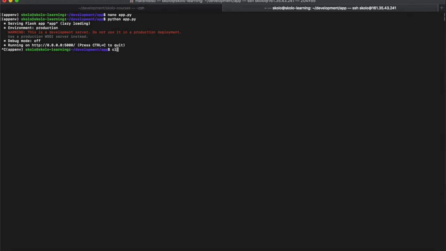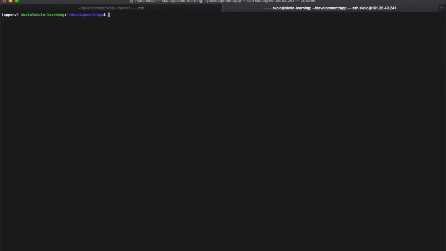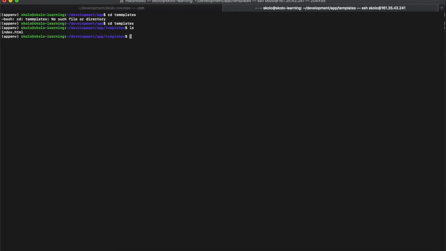Let's end this and let's clear this. Okay, so we need a new HTML form. The new HTML form, we need to create it inside the templates folder. So we're going to cd into templates. Now that we're inside the templates folder, you'll see we only have index.html. We're going to create a new HTML file that we can route to, and let's call it nano, let's call it